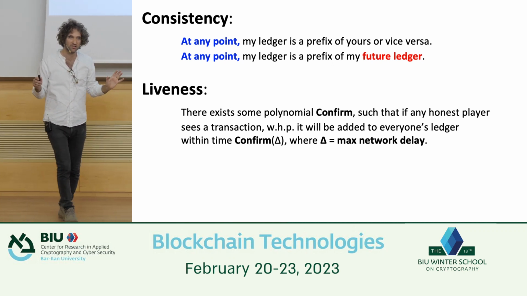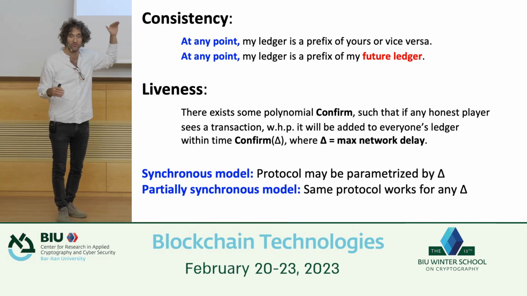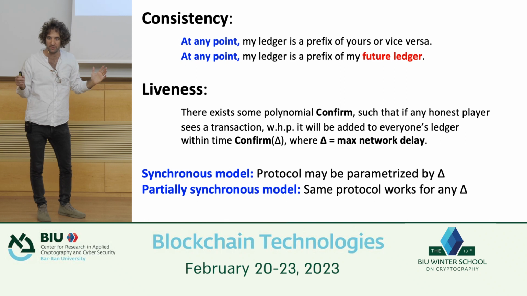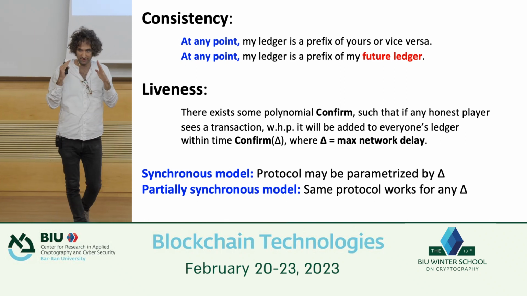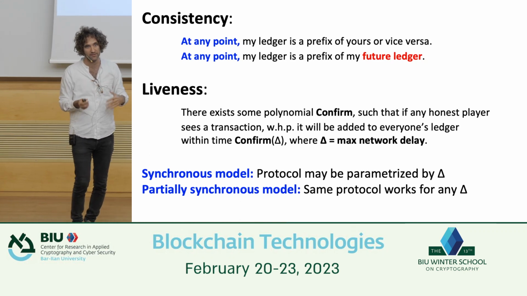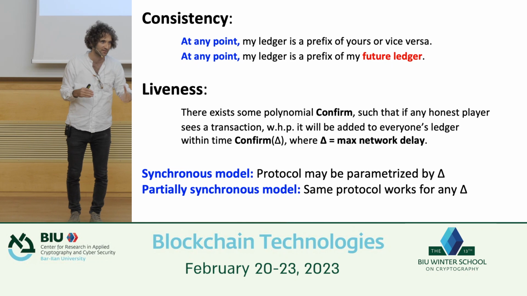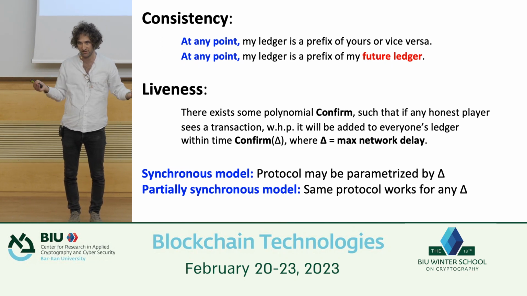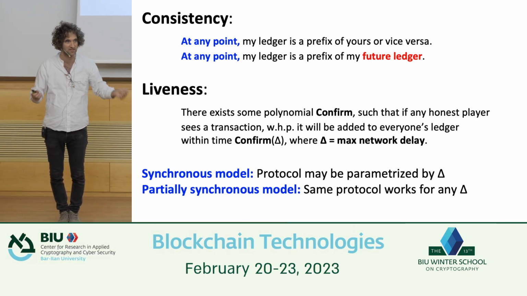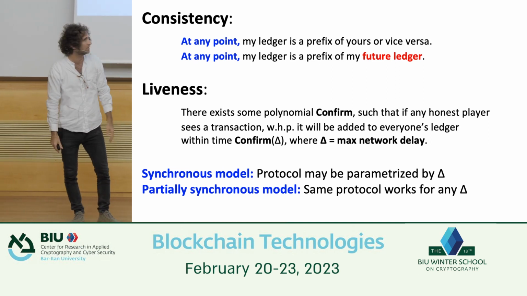Now, there are also two different models in the literature. There are actually more models, but I will focus only on two. One is what's called the synchronous model. The easiest way to think about this is that we have this upper bound delta of the network delivery, and the protocol can be aware of it. Typically, protocols in the synchronous model work by proceeding in rounds where every round takes delta time, and we're waiting for the message to get there. So I send a message, I wait delta, and then I act, and then I know that whenever someone sends a message, it gets to me. So they work step by step. That's why I call it synchronous, and everything takes time delta.